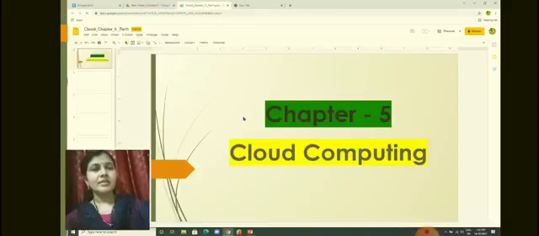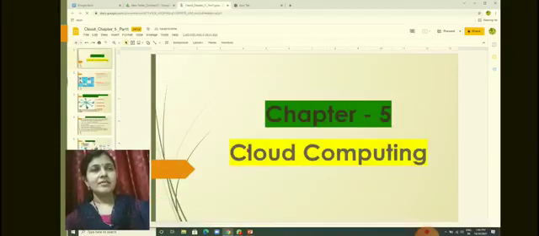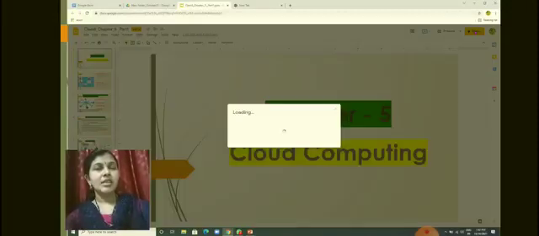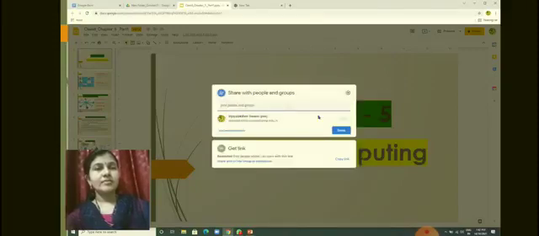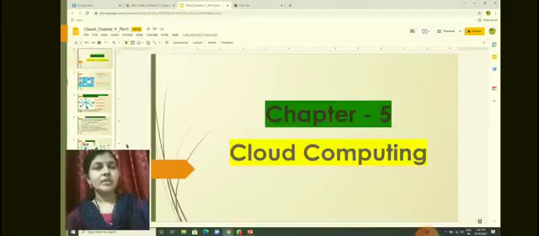Google Slides is nothing but a presentation. Can you see this? Yeah. And next, when you open this, if you want to share, you can click on the option share, and you can send it to any person or any group, and you can give them access to view, open or edit.